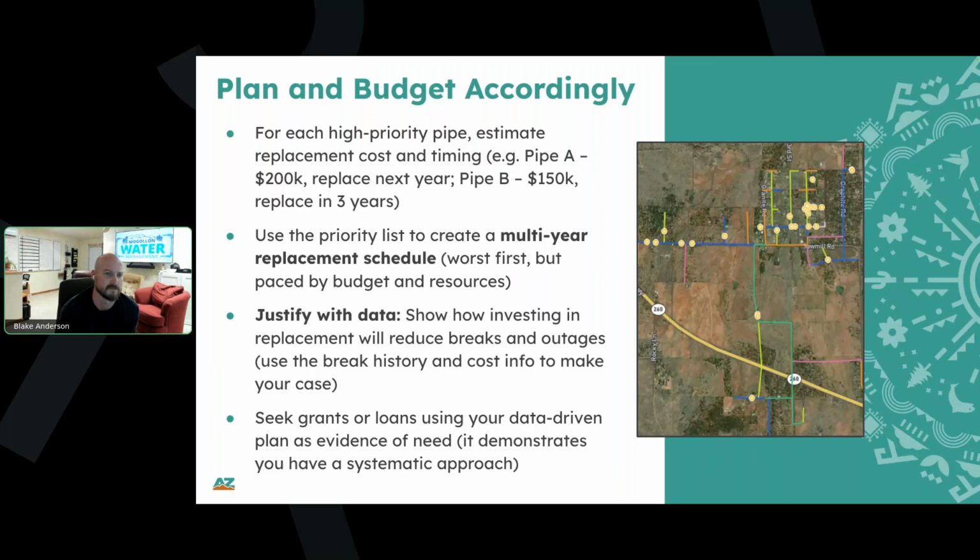And so the data from the system on the map on the right is an example of how we use this sort of data to explain to a board how patching pipes was actually a lot more expensive than replacing. And so a lot of the systems that we work with, especially in the contract operations space, they have volunteer board members. There isn't any full-time staffing, so there's no manager that's kind of looking at the stuff. And so a lot of that stuff falls on the governing board, and they operate their systems, or kind of manage their systems, a lot like a household budget, because that's what they know.